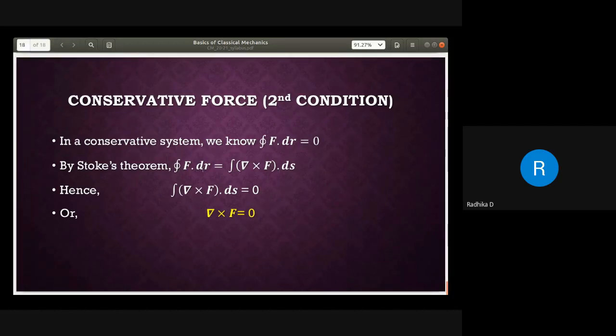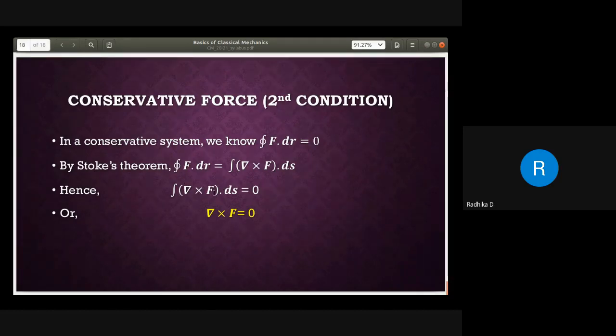So it was a closed integral F·dr, a dot product. Now it's again a dot product within the integral, but it is not closed now. It is an open integral. Curl of the force, whichever force you have applied, curl of the force del cross F dot dS. So I will replace the integral F·dr by (del cross F)·dS in the previous equation. So I will get, for conservative forces, the integral of (del cross F)·dS is equal to 0.